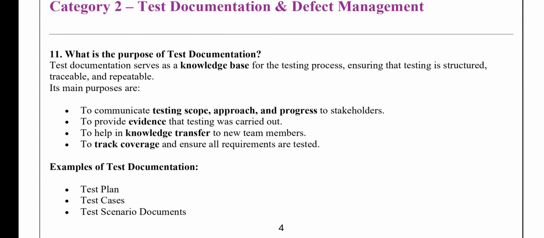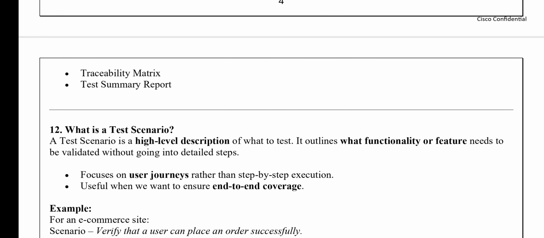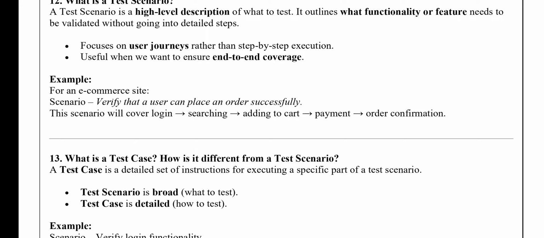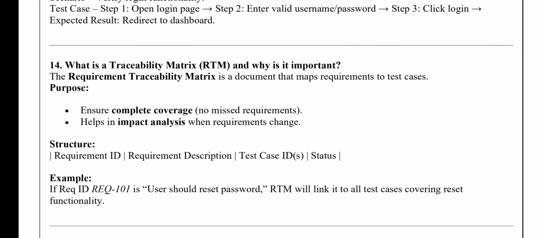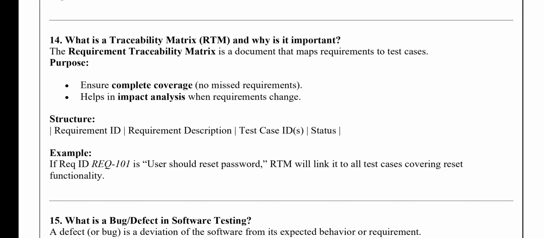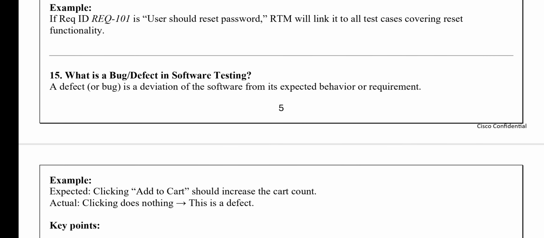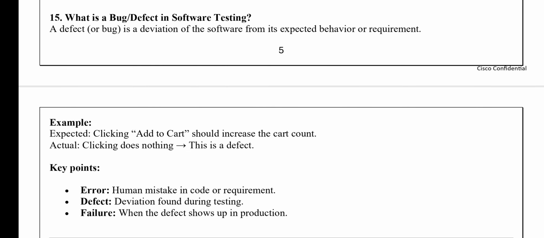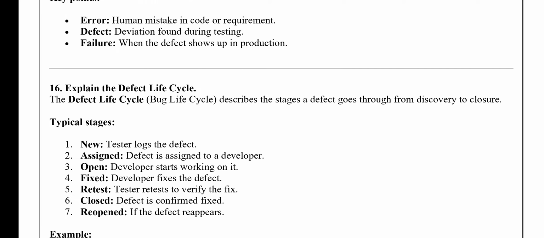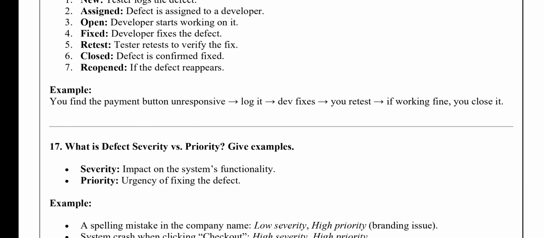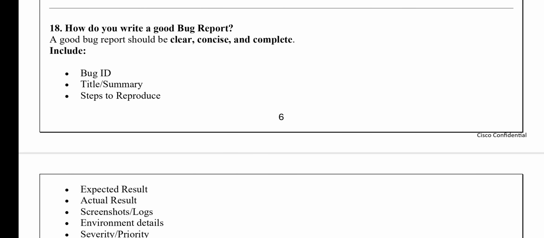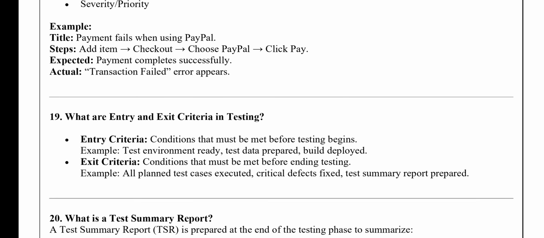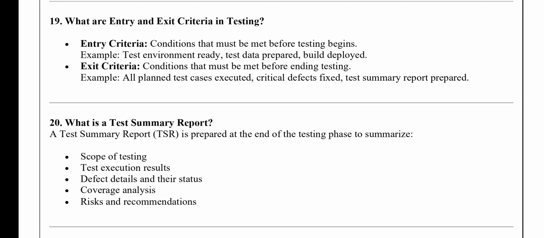That's what is the purpose of test documentation, what is a test scenario, what is a test case and how is it different from a test scenario, what is a traceability matrix and why is it important, what is a bug or defect in software testing, can you explain the defect life cycle, difference between defect severity versus priority with an example, how do you write a good bug report, entry and exit criteria in testing,